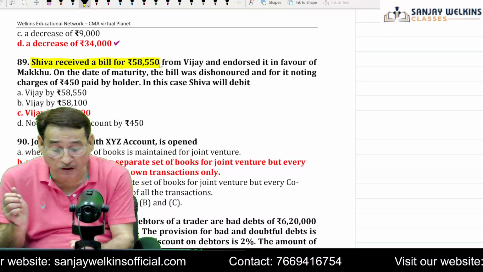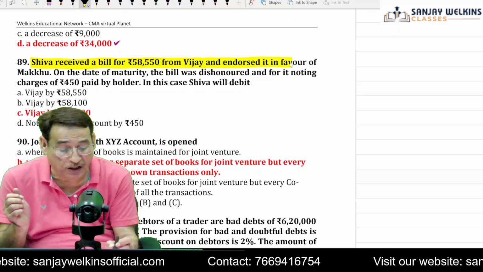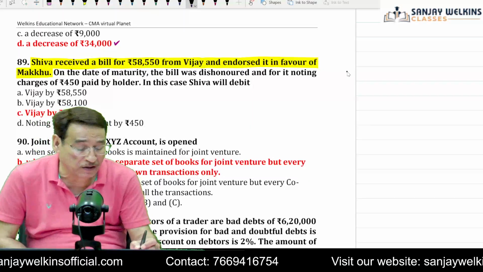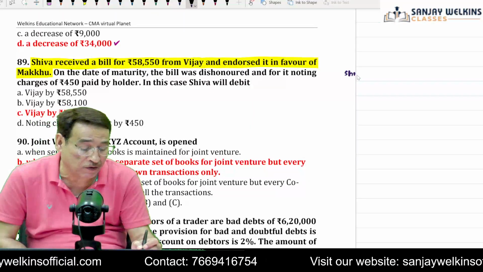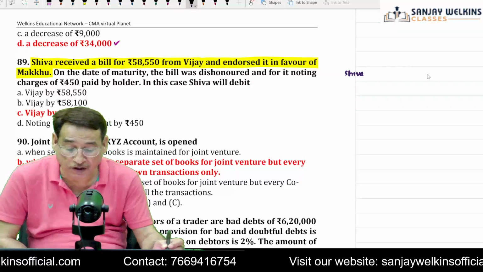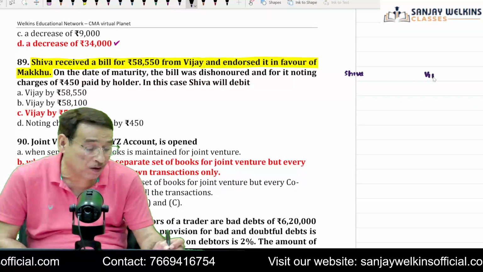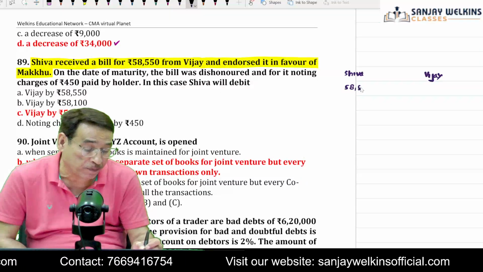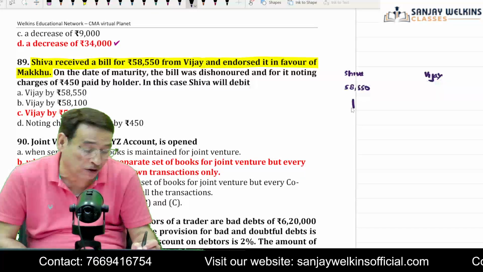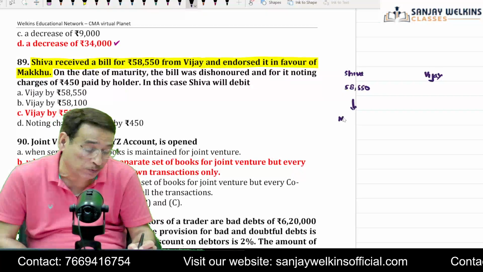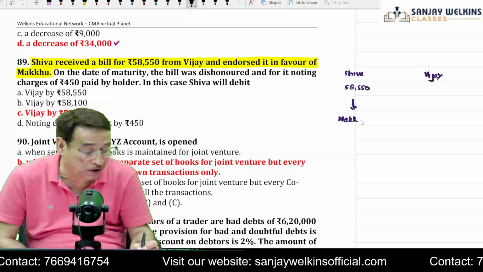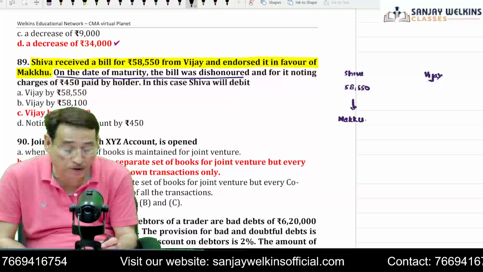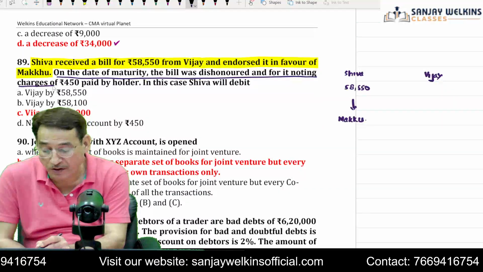Shiva received a bill of 58,550 from Vijay and endorsed it in favor of Makku. Now, in this particular case, Shiva is receiving a bill and he is receiving a bill from Vijay. And the bill amount is 58,550. Now, this bill has been endorsed by Shiva to Makku. Interesting name. To Makku. On the date of maturity, the bill was dishonored and for it noting charges of 450